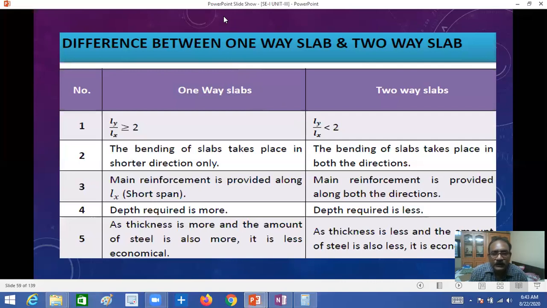See, the ratio of longer span by shorter span: if it is greater than 2, that is a one-way slab. If it is less than 2, that is Ly by Lx less than 2, a two-way slab, right? And main reinforcement is provided in two directions in a two-way slab. And it is economical, less depth is required, and the amount of steel required is also less in a two-way slab. So these are important points,